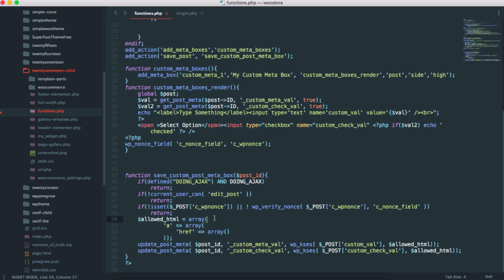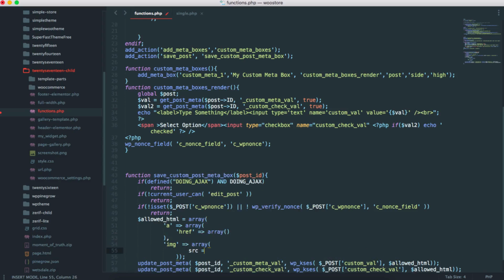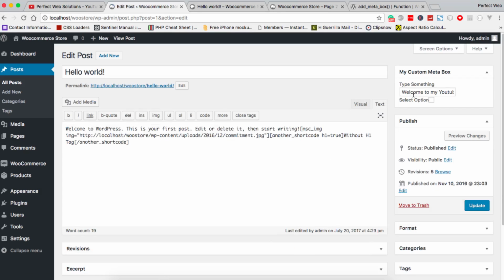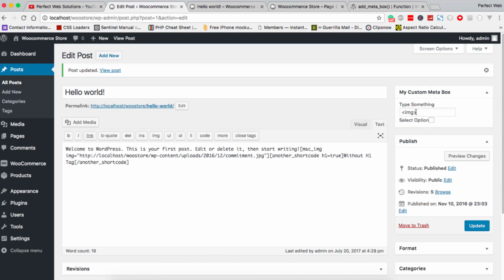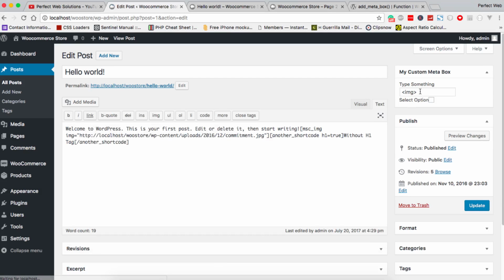So if I put here a comma img array, src array, and save it and reload it. Now if I add img src is equal to http lawrencel.com/400 and I just close it and update it. I think I didn't refresh the page. Yeah, there is a mistake, img src. If I update it,